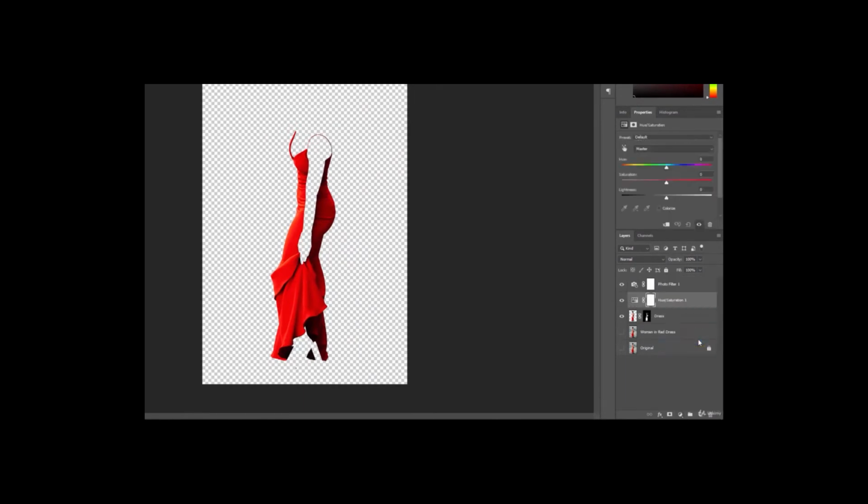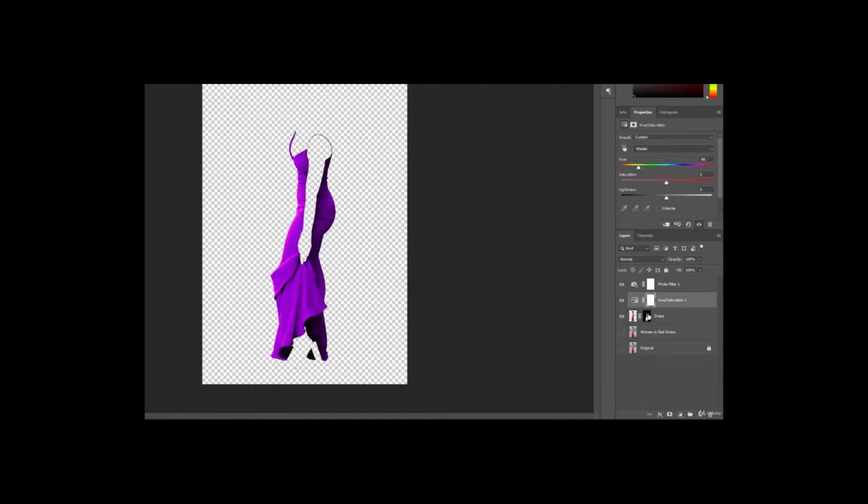And now what you can do is you can manipulate that layer. So what's happening is you're manipulating an adjustment layer, which is hue and saturation, and that is manipulating everything below it, which is the dress layer, and it's a mask. And because we masked out just the dress, we're only seeing the dress, we are able to change the color